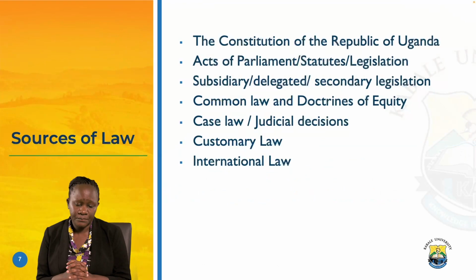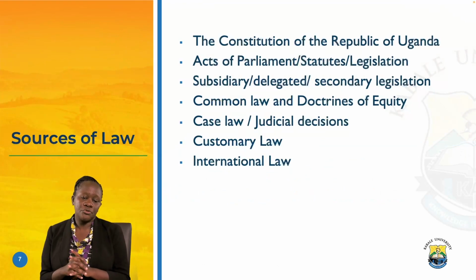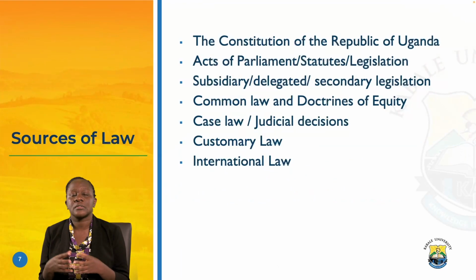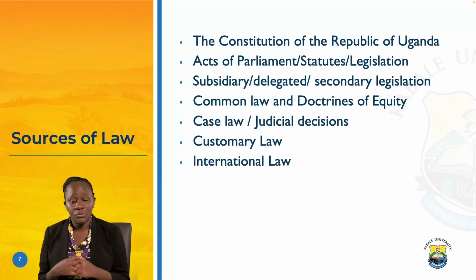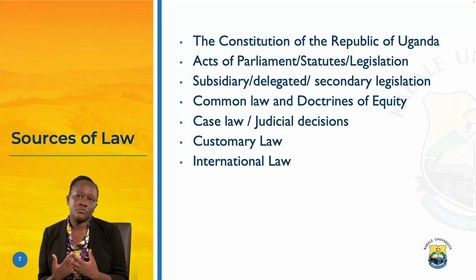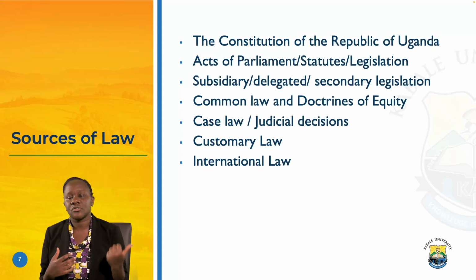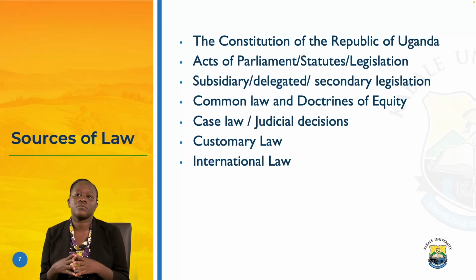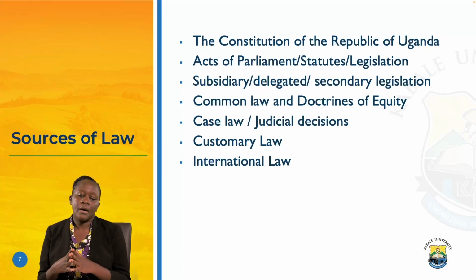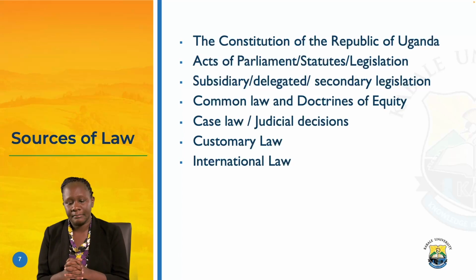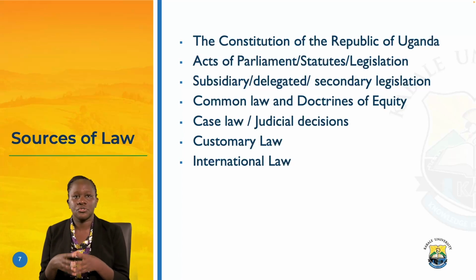As I conclude, I thought I should introduce you to the sources of law in Uganda. Where does Uganda derive its law from? The first place to go to is always the Constitution of Uganda, like I mentioned under the Hans Kelsen pure theory of law. He argues that without a constitution, there is no law to refer to. So all laws in Uganda must be in line with the Constitution. It sets the pace for the enactment of other laws, and it sets the standard.